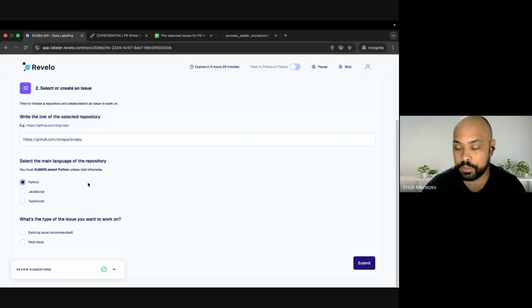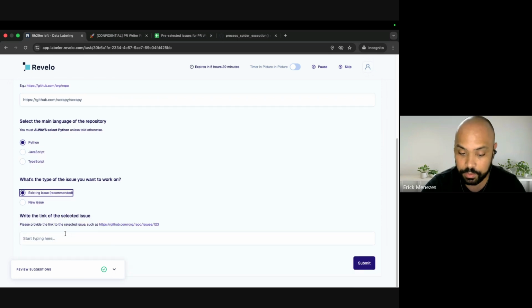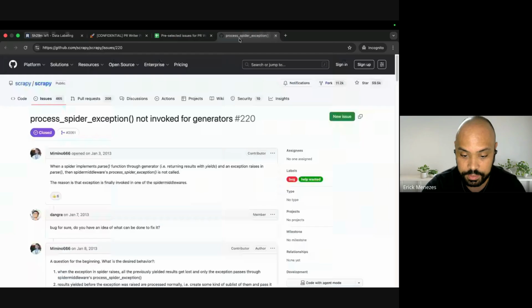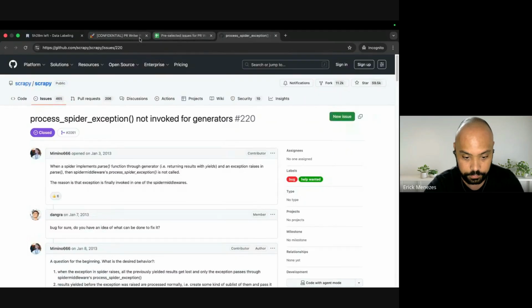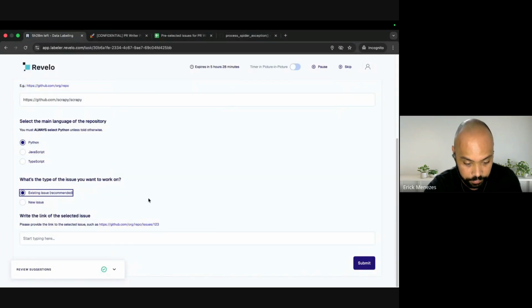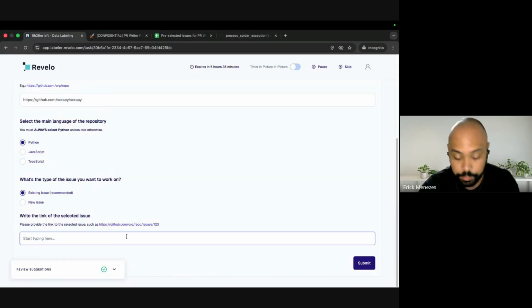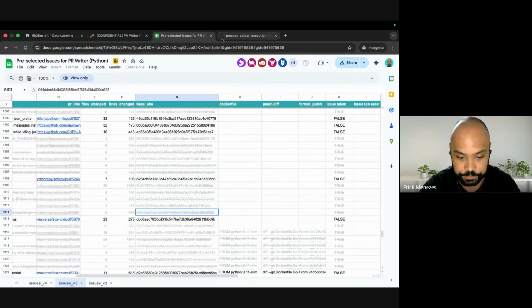All of our code bases are now in Python, so please always leave this one marked, never mark JavaScript or TypeScript. This is an existing issue. Why? Because it already exists in the repo as a selected issue, here on GitHub. And now you have to put the link to the actual issue.